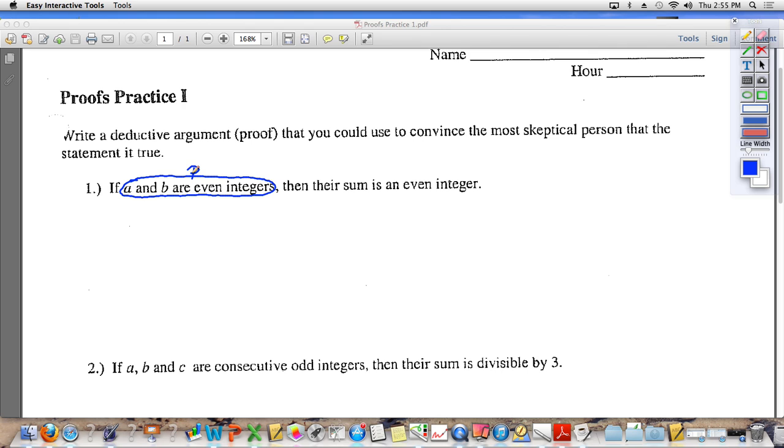When you are trying to prove that if you have two even integers and you add them together, they get you an even integer, this is how you need to start. You need to start off with your hypothesis. Do not write big, you guys. And it's not because there's so much writing. It's just that if you write big, you will run out of room. If A and B are even integers,